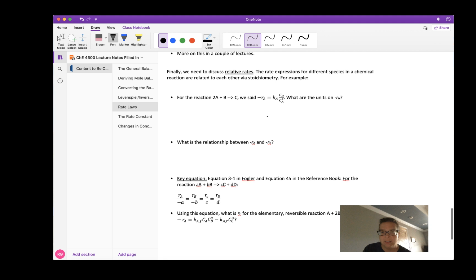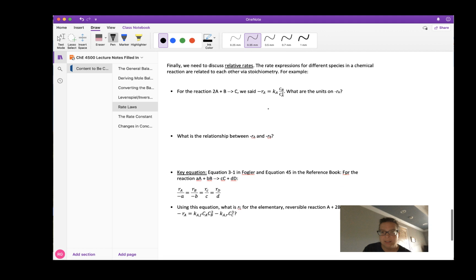Okay, so the last thing I want to talk about in this lecture is the concept of relative rates. That basically is using stoichiometry to relate the rates of species in a chemical reaction to each other. So for example, for this reaction, 2A plus B goes to C, we had said that the rate of A was equal to Ka times Cb over Ca squared. This is the rate of A, so the units on rate in general are, if you recall,